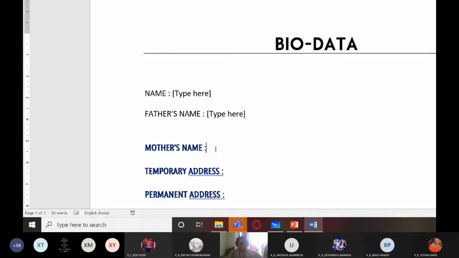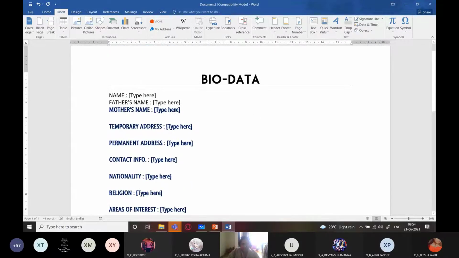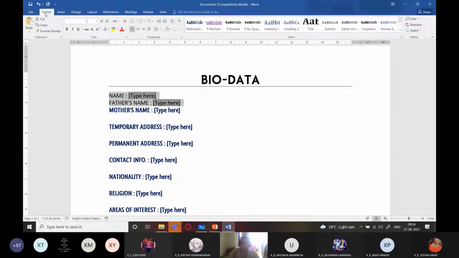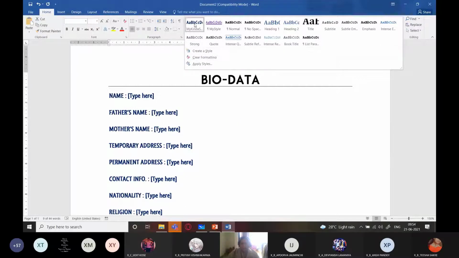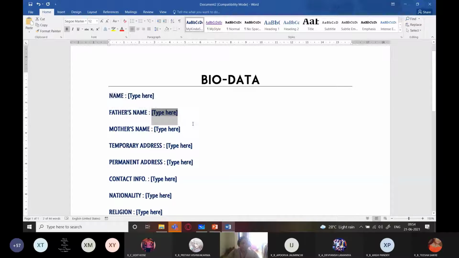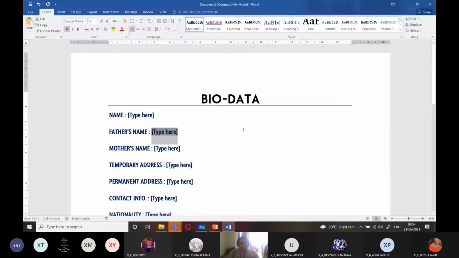Now you can see when I'm deleting the extra lines, this text is also getting changed. So I'm just going to select these two, go to home and find the style which I had applied. This was my style, which, because it was the last applied style, is now appearing right in the beginning. So I've just selected that. And now I have made changes to it.